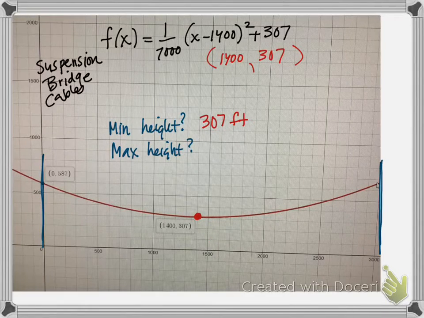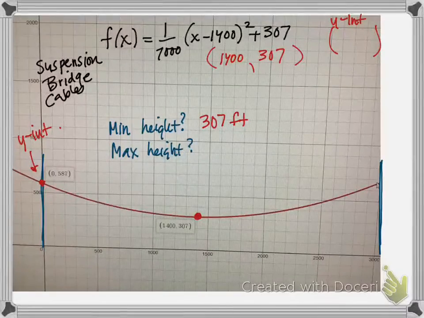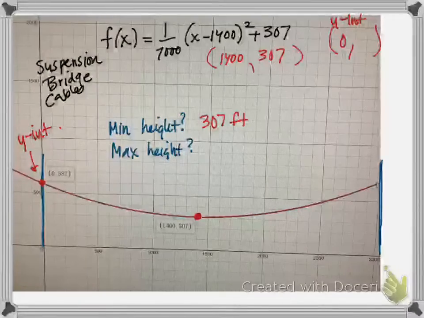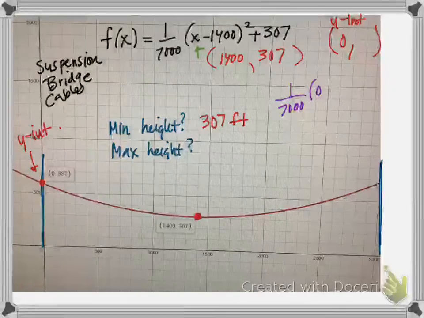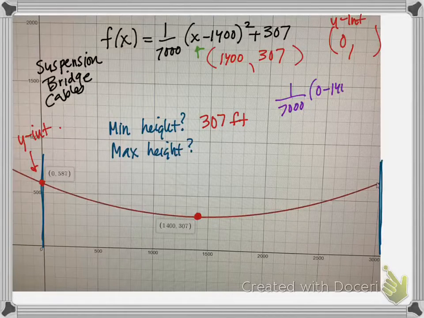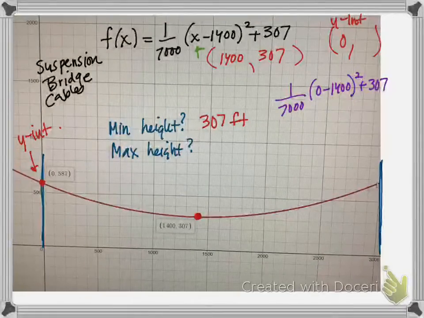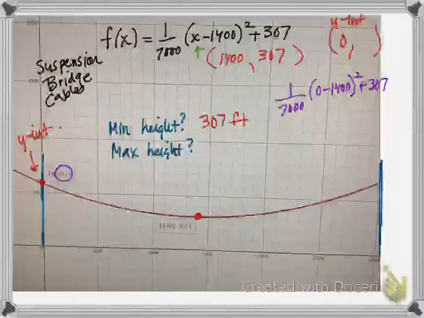And then the highest point of the cable here is your y-intercept. So in order to find a y-intercept algebraically, that happens when the x-coordinate is 0. So essentially you need to plug in 0 for x right here. So my equation would be 1/7,000, plug in 0 for x, so (0 - 1400)^2, and then plus 307. So if I evaluate this, I should get the same answer that I see in the graph here,